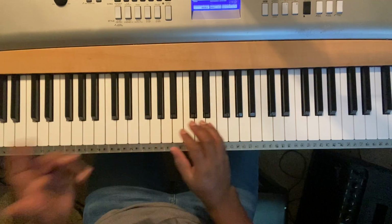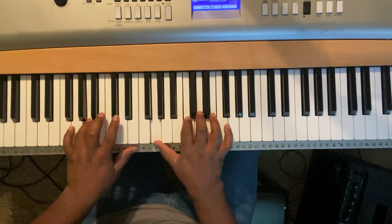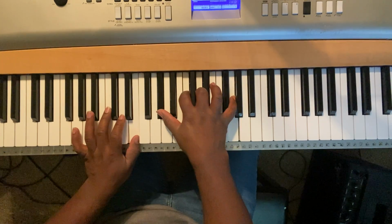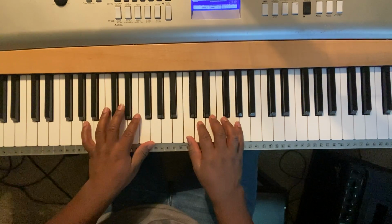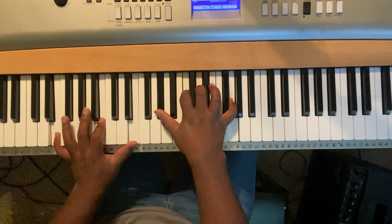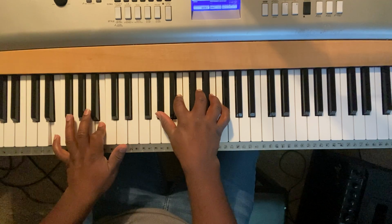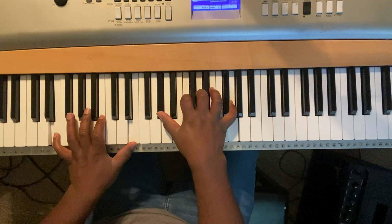Another thing you can do if you want to spice it up a little bit: when you get to that 4, you've got the 6, 5, 4. When you get to this 3, you can play that type of chord that we showed you in the intro. Remember we did the intro and showed you all of those over the 3? I showed you the dominant and then the short 5, short 9